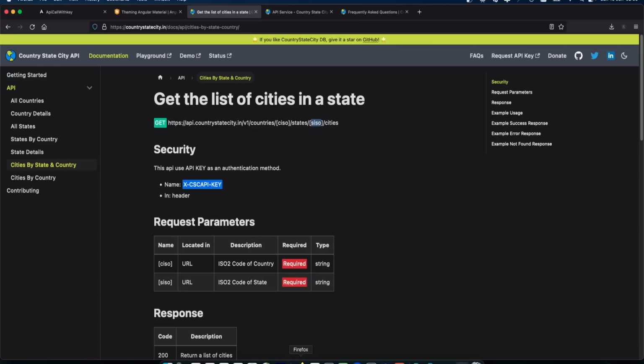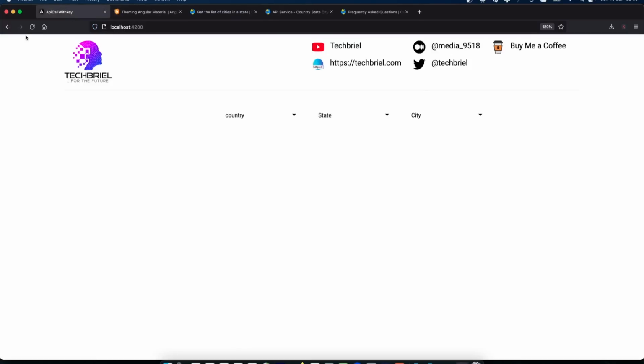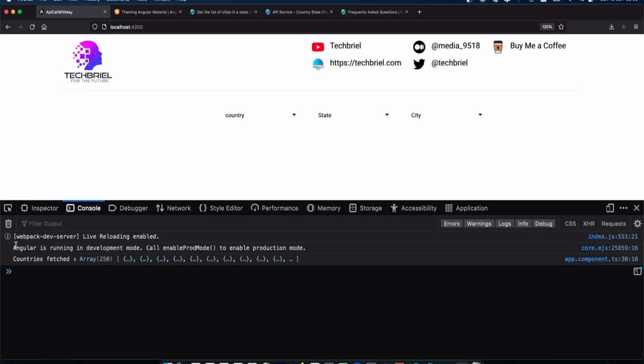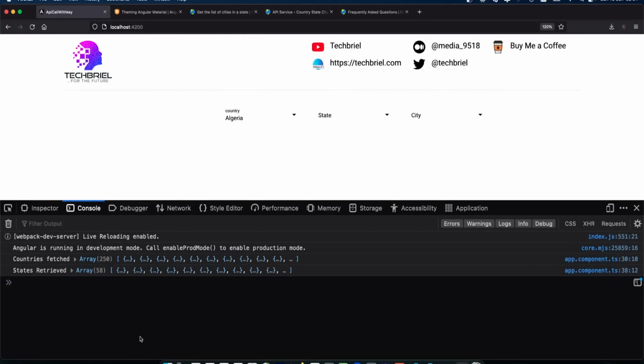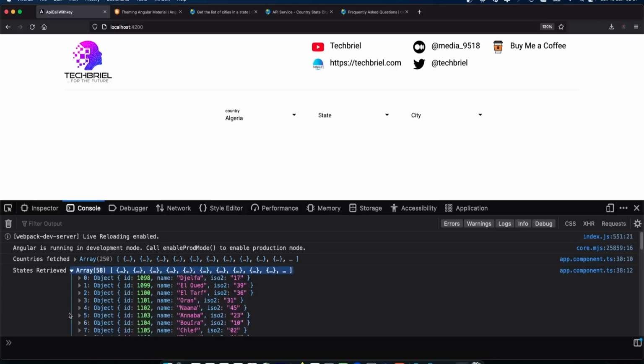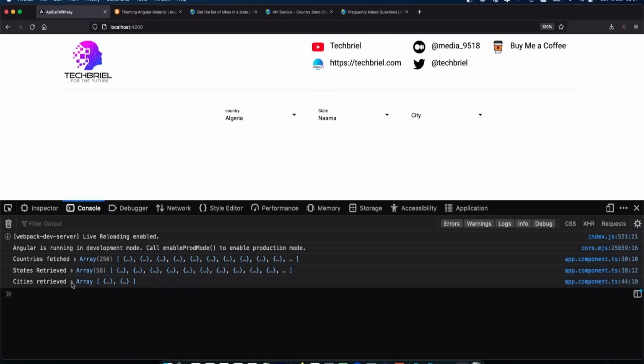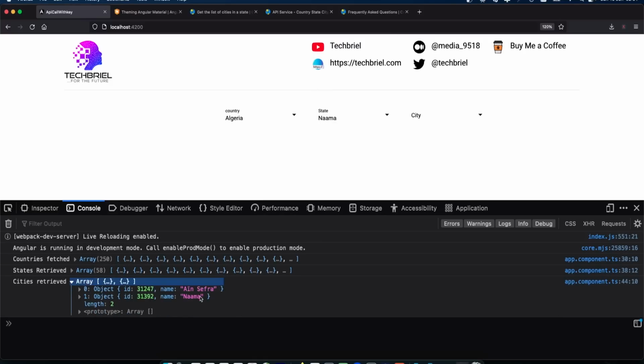Now let's go see in our browser. When you reload, let's inspect it. Now on page load, it fetches country, and when you select a country, it fetches the state, and when you select a state, it fetches the city, and you can see.